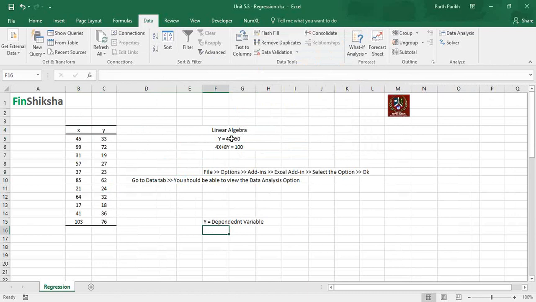And this x is called the independent variable, because the value of y in this equation depends on the value of x, which we have to provide. When we provide the value of x, we will get the value of y. Vice versa is also true mathematically, but technically it is not possible.